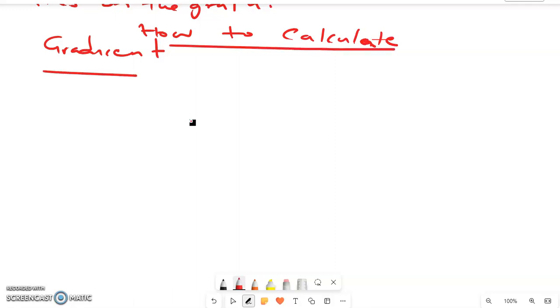So the gradient is given by the gradient formula, which states that m is equal to y at point number 2 minus y at point number 1, over x at point number 2 minus x at point number 1. Right,